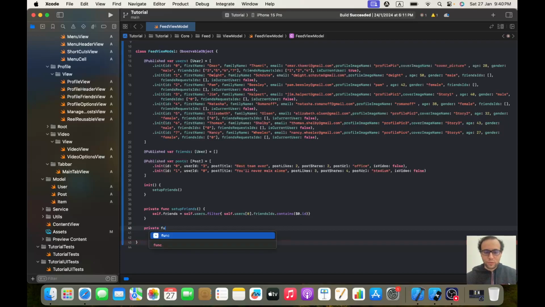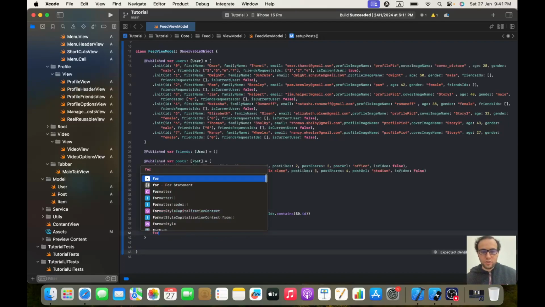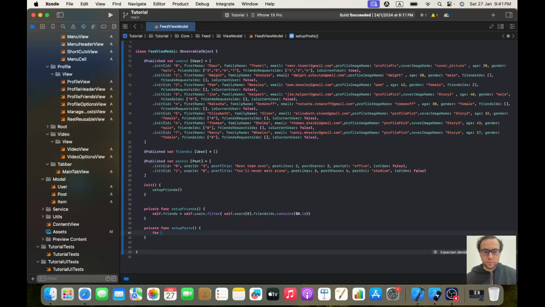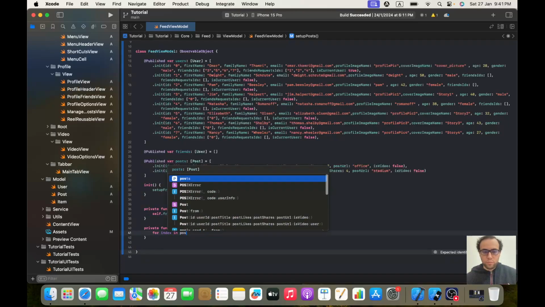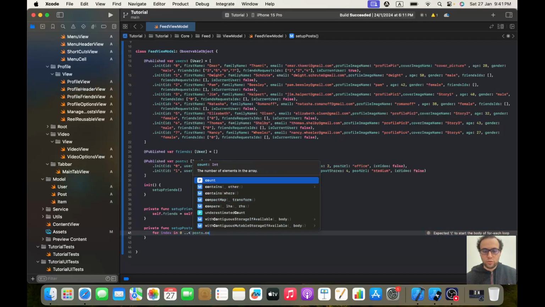So private func, let's call it setupPosts, and here it will be for each or for index in posts, or for index in 0 to posts dot count,